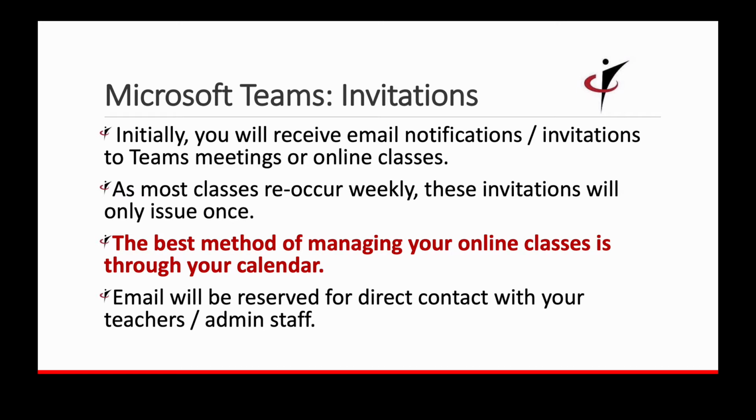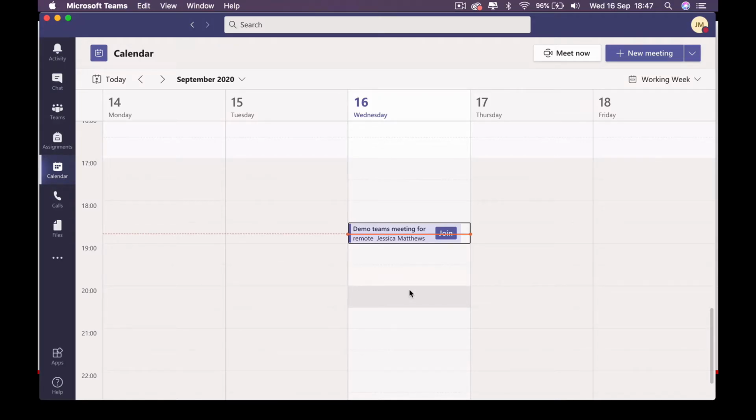I've just added a new meeting here just so we can see what it would actually look like. So it's now 6:45, and I'm in my calendar, and this meeting is available. So you can see this red line is the current time, and the meeting is taking up this particular time block, and there's a little purple button on it that says join. So I can click in here to join this meeting,